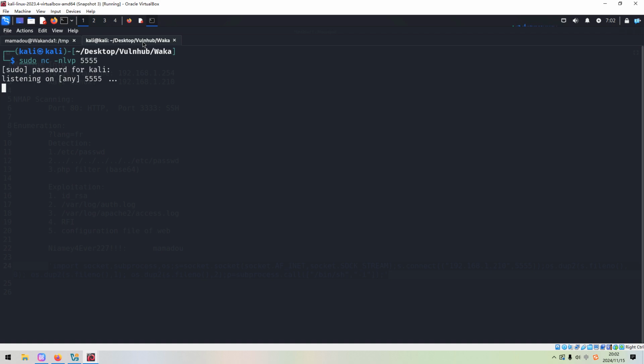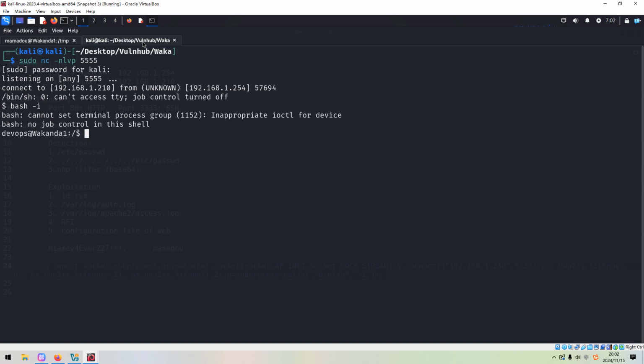Possibly we need to wait one or two minutes. Yeah, as you can see, we have already got the connection from the target, and we can get the interactive shell by bash command. So what can we do next? We have already made a successful lateral movement. So what are we going to do next? Next, we need to elevate privilege. Okay, so how to do?